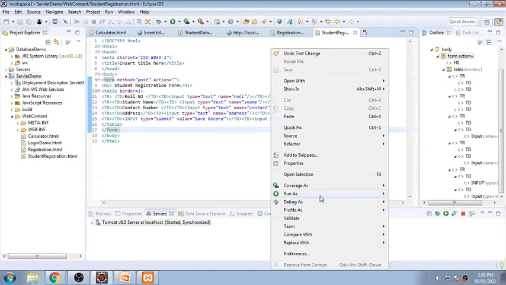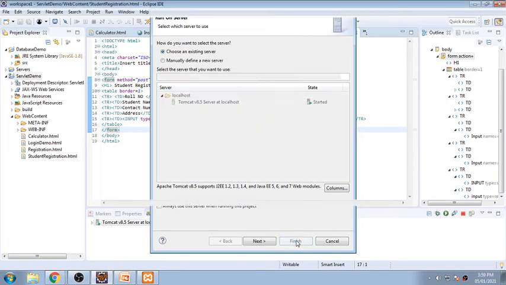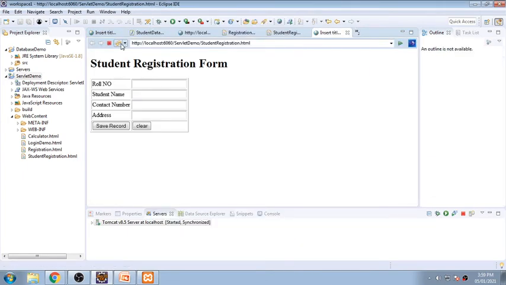I'm just going for running this program. You will see the design will be very good, and I refresh this page, so it will be a very systematic form in front of you. So are you clear with this, how we have created the form? Yes. When I click on this save button, it should retrieve this data and it should get stored into your database. So shall we move further? If I put something like this, when I say submit, it should be submitted. And when I put something and press the clear button, it should get cleared. So shall we move further for transmitting this data into a database?